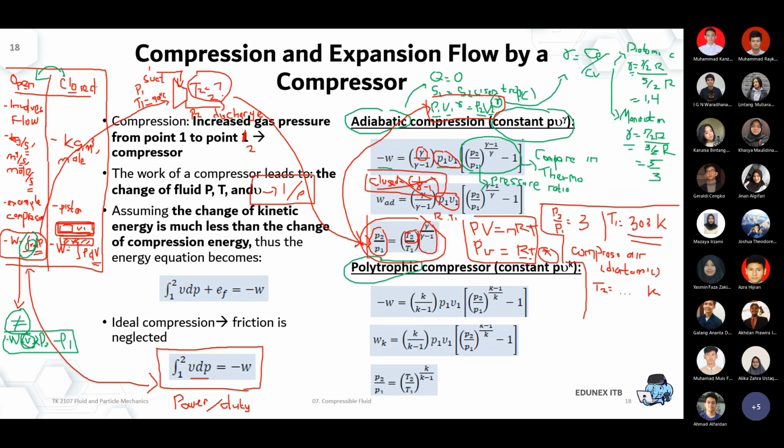So please use this formula with the compression ratio of 3, and the gas is injected at 30 degrees C. What's the discharge temperature? Am I correct that the discharge temperature will be hotter than the suction or not? What's the number for T2, the discharge temperature?